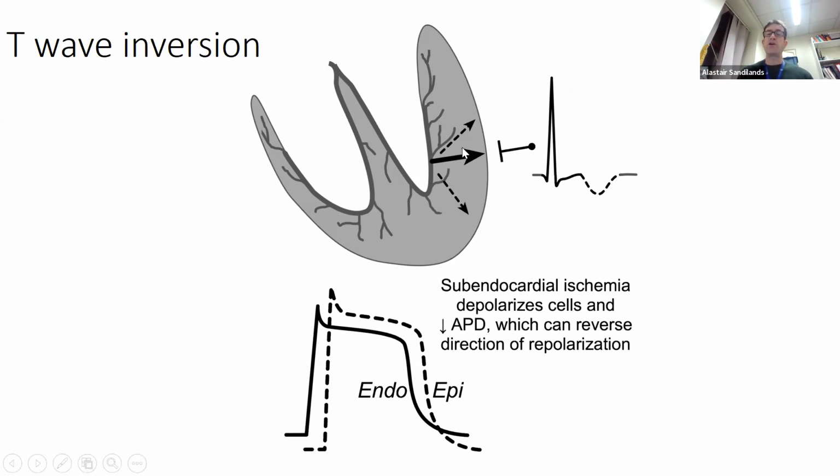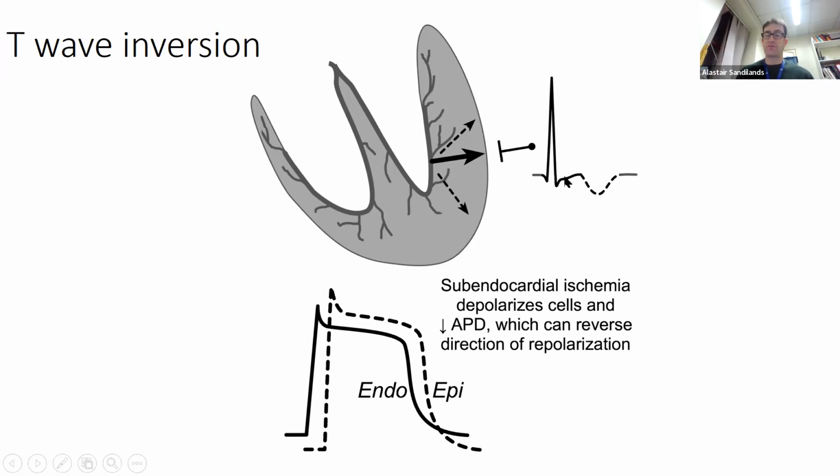In this example, we're looking at ischemia in the subendocardial layer. So there's no blood getting to the subendocardium. That is a non-STEMI. Therefore, the subendocardium will repolarize first before the subepicardial layer. And because the wave of repolarization now will be going towards the recording lead, there will be a negative T